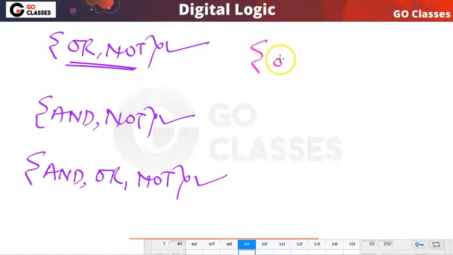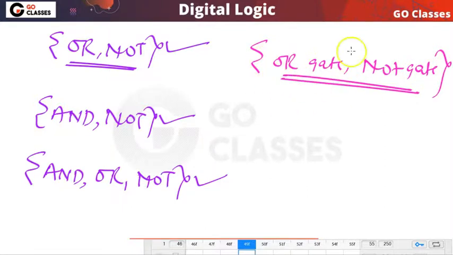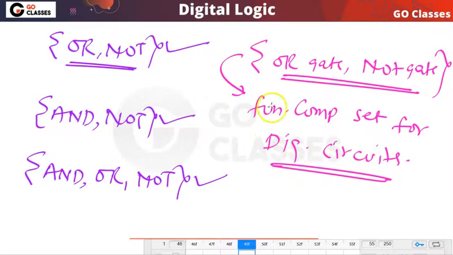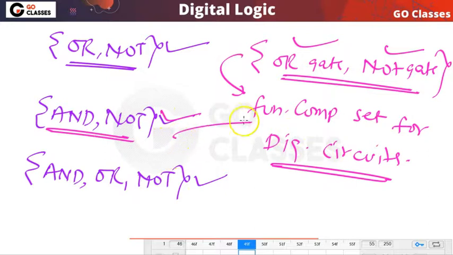I can say this OR gate comma NOT gate, where NOT gate means inverter, is a functionally complete set for digital circuits. If you have any digital circuit, we can realize it using only OR comma NOT. Similarly, AND gate comma inverter is also functionally complete for any digital circuit.